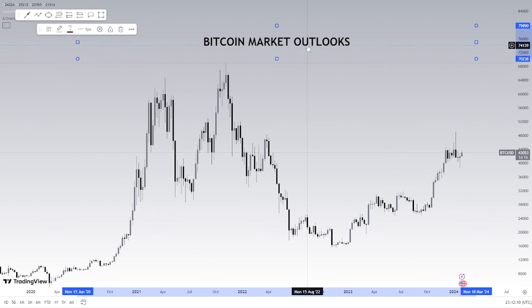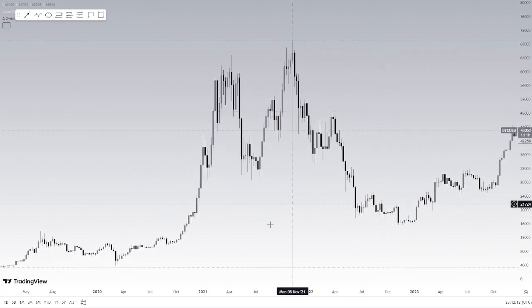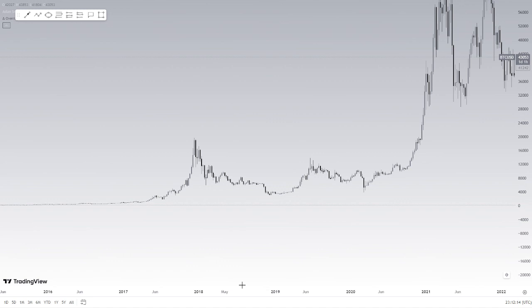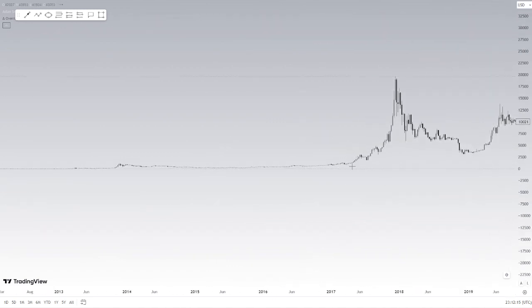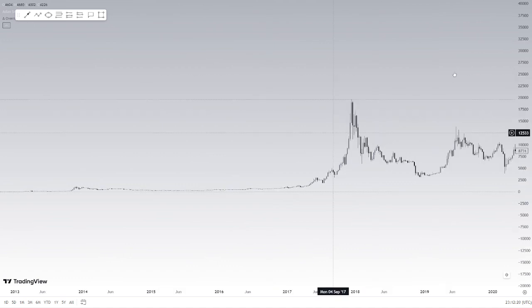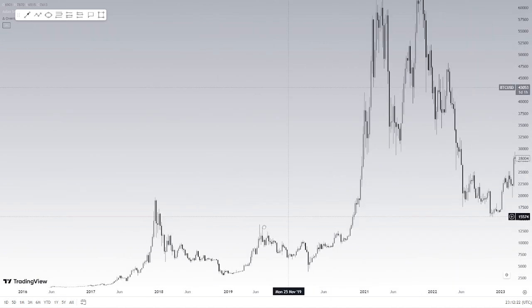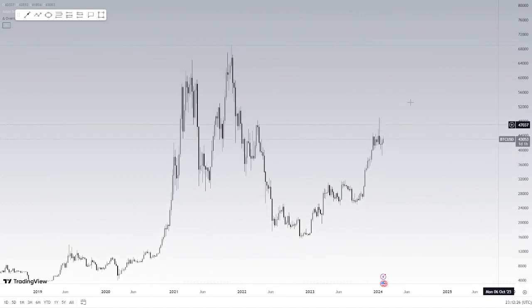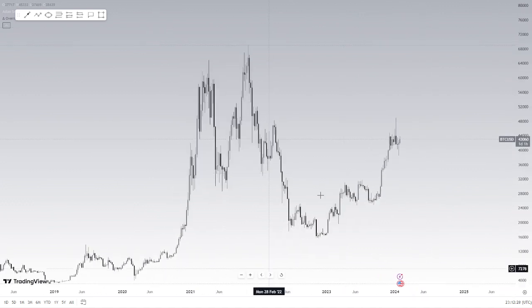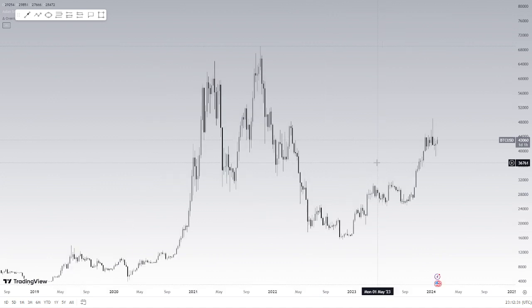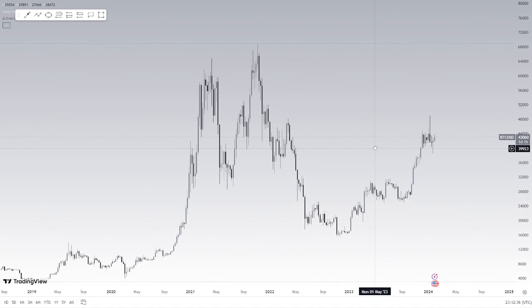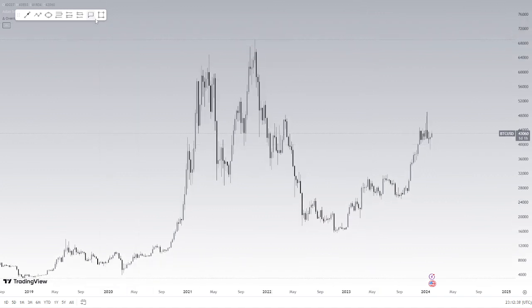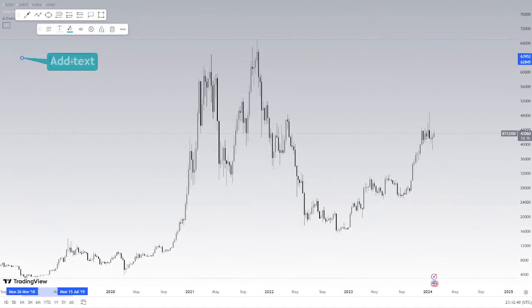Okay, so here we have the weekly time frame in front of us. Now, if we just zoom back, we haven't got much data to work with at all, right? So we're going to be dealing with the most recent structural ranges, right? So I made a tweet recently on how we should be approaching not just Bitcoin or crypto, but any market, right? We're going to be approaching it using the pillars of structure, PD arrays, or premium and discount arrays. We're going to be using liquidity pools, and we're going to be using fair value gaps, right? So I'm just going to write that down on the side of the page.